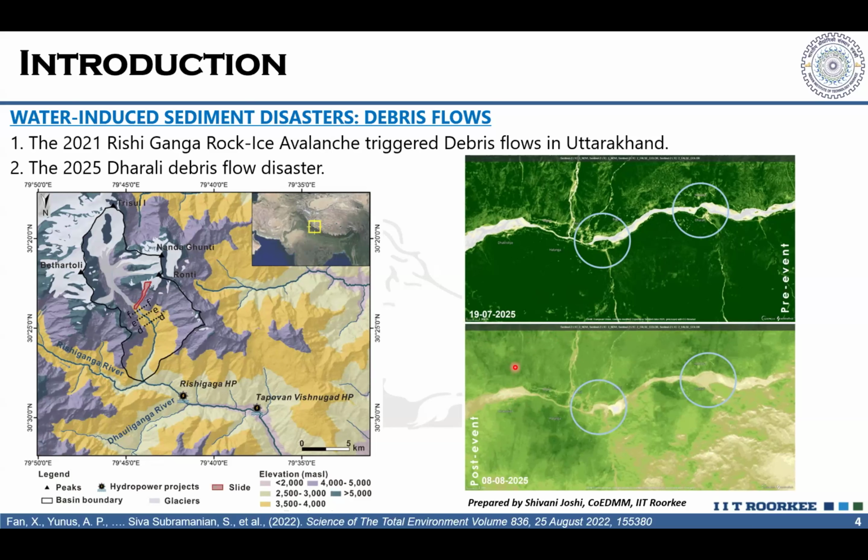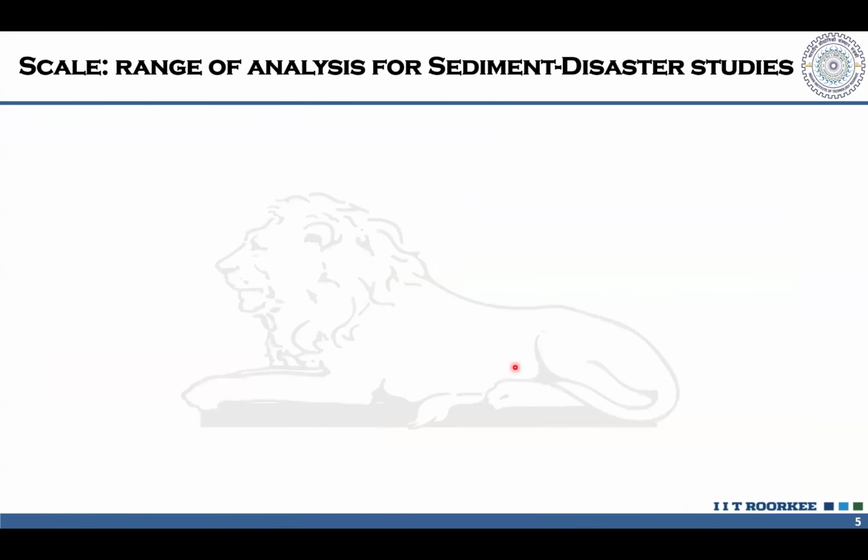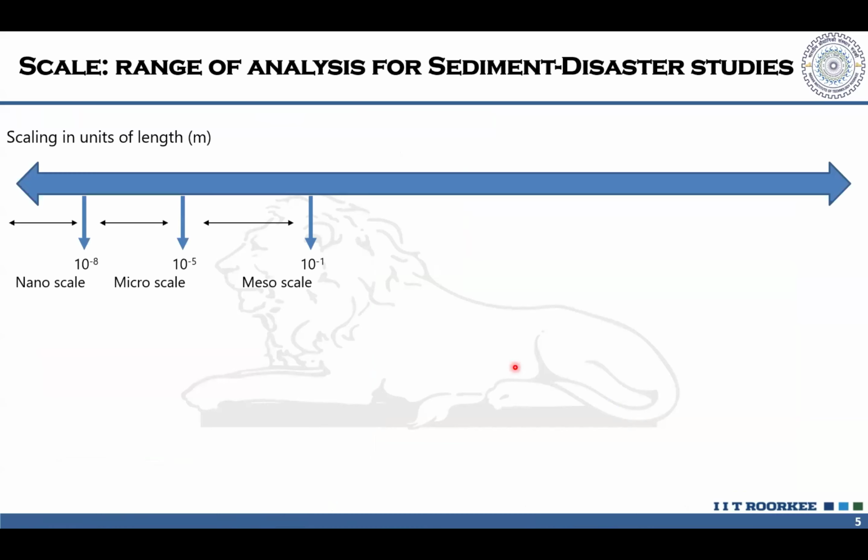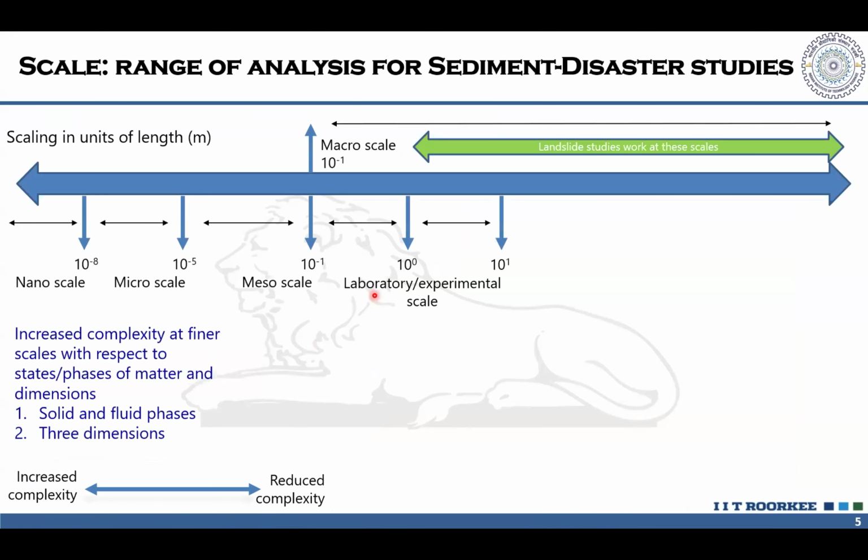So these disasters are happening every year, mainly during the monsoon season, in the form of rainfall-induced landslides, debris flows, and flash floods. So these are happening at a larger scale. For our understanding of the physical processes, there is a bigger challenge, especially with reference to the Himalayas. If we look into the scale of any Earth system science study, if we put the unit of length in meters, we have the nanoscale, microscale, mesoscale, and then the laboratory scale, the slope, catchment, and